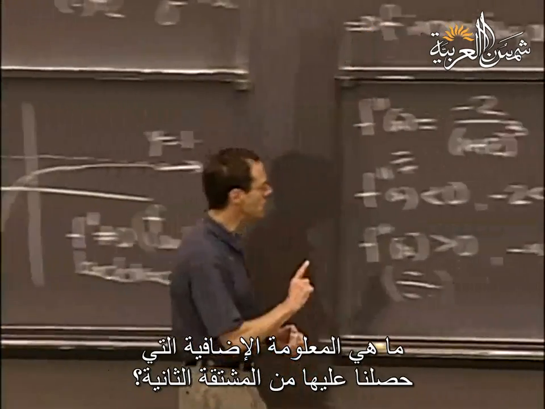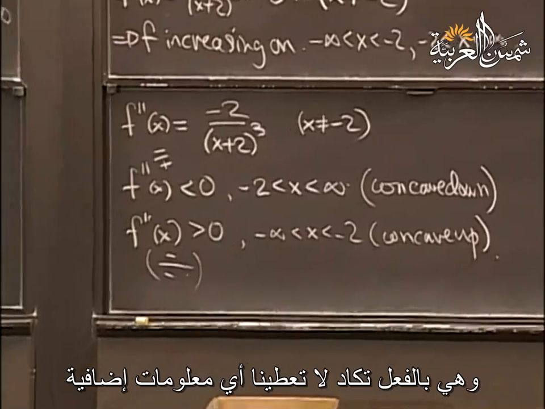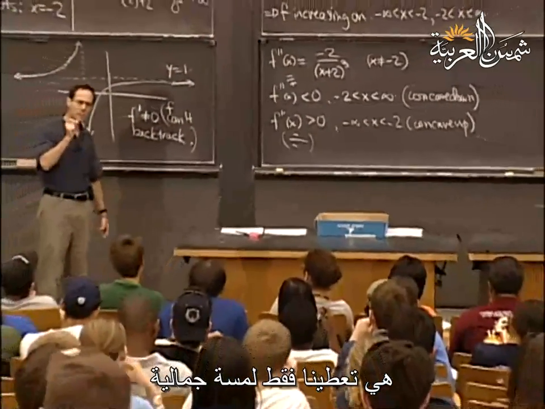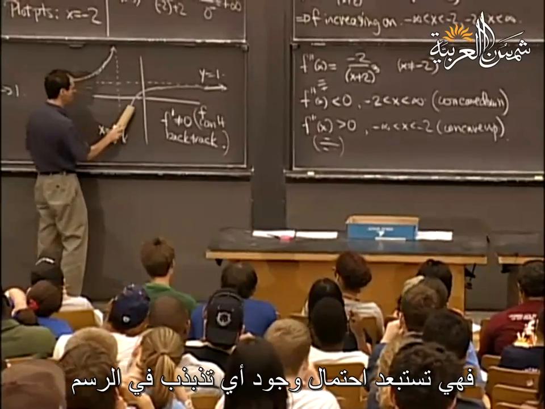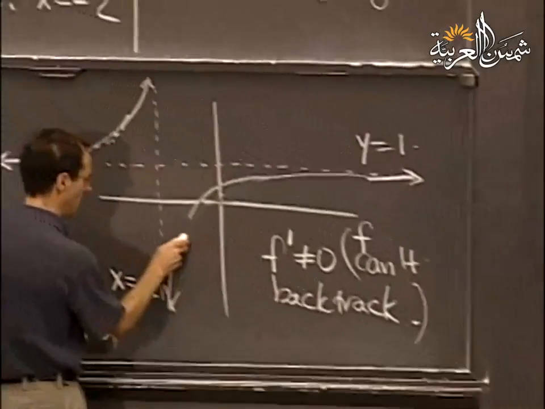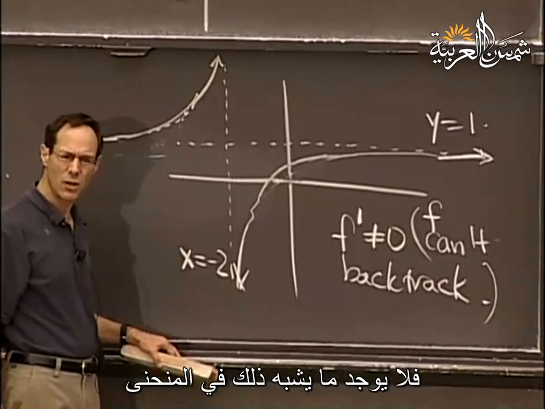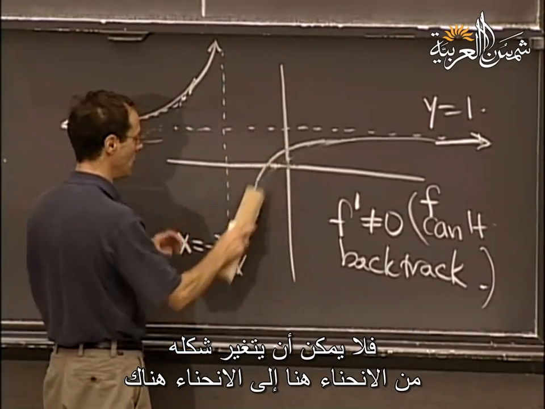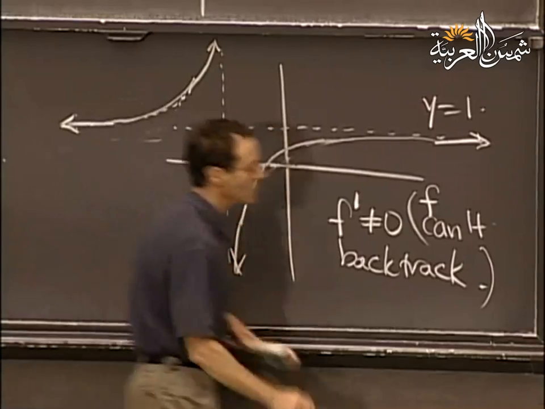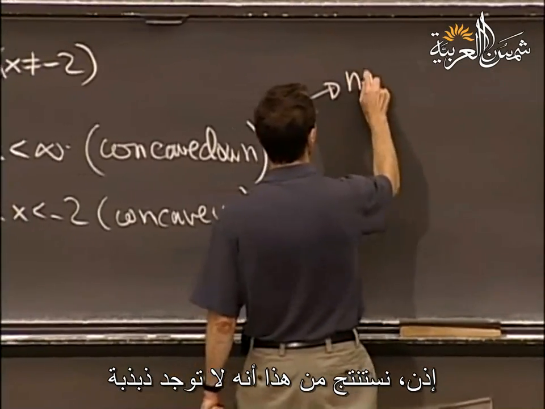Okay, so what extra piece of information is this giving us? It looks like it's giving us hardly anything. And it really is giving us hardly anything. But it is giving us something that's a little aesthetic. It's ruling out the possibility of a wiggle. There isn't anything like that in the curve. It can't shift from curving this way to curving that way to curving this way. That doesn't happen. So these properties say there's no wiggle